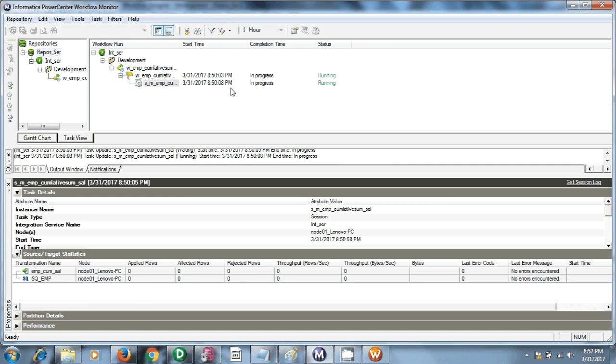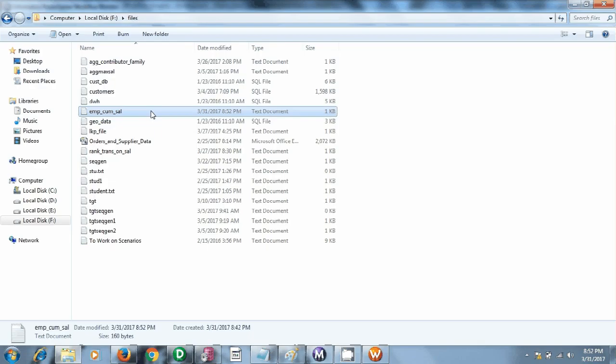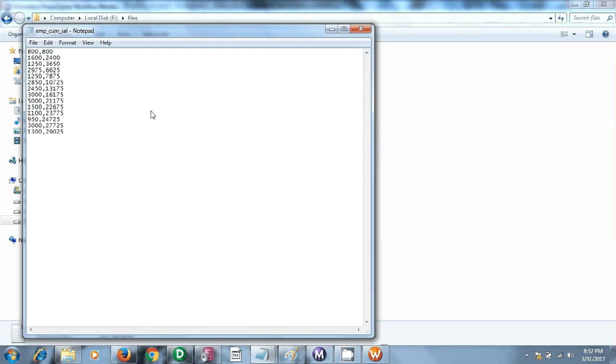Let's check our output. Here our output is salary and sum. Salary is 800, cumulative sum is 800; then 1600, so 800 plus 1600 is 2400; then 1250, so 3650. So this is the cumulative sum and you got your output.